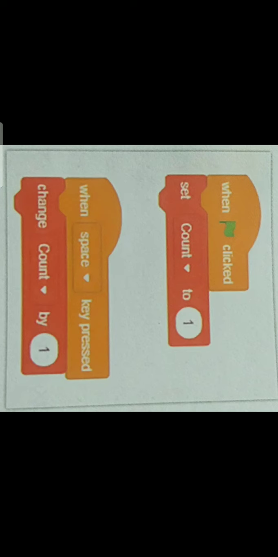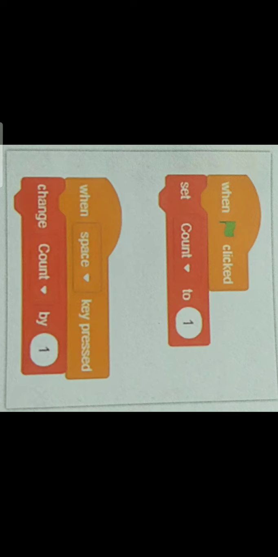First we have to create a new project, and in the second step we have to create a variable, say count. In the script area, create the stack of blocks as shown in the image. We have created a stack of blocks as you can see in the image. Now we have to click the green flag button to execute the project. As I told you, when we execute the project, we click on the green flag. Then we have to press the space bar key.